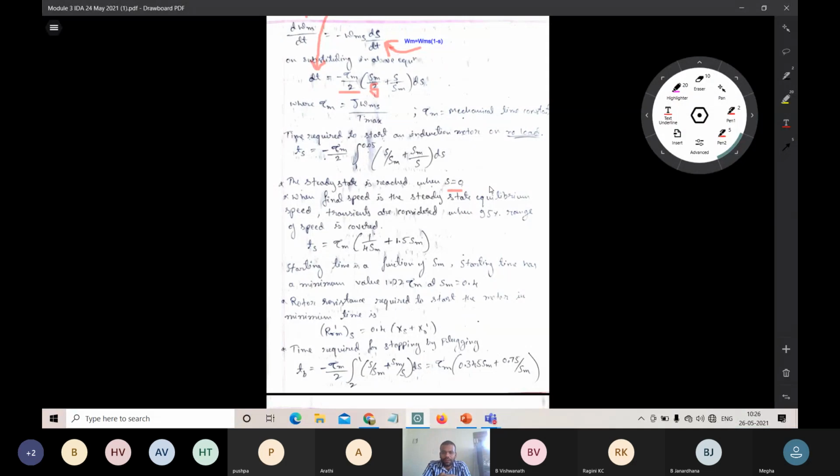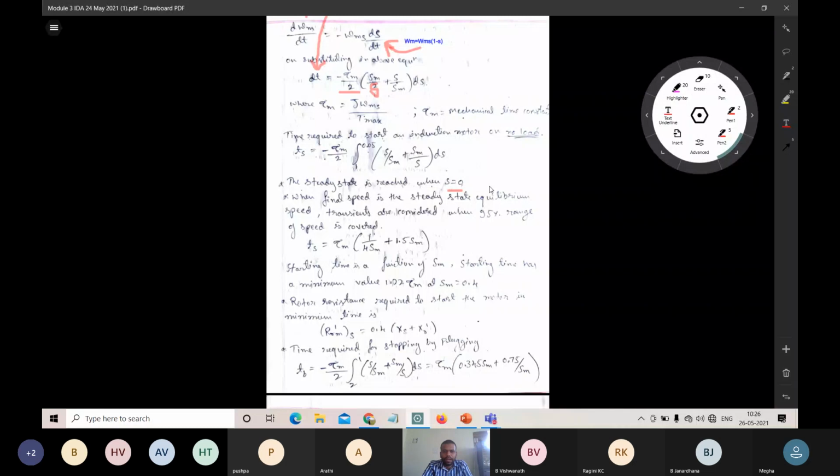So after reaching this 950 rpm, what happens? The transients may be considered. Till then we need not consider the transient conditions. After reaching 950 rpm, or the 95% of the range of speed, that will be converted into transient conditions. So what would be the time equation then?